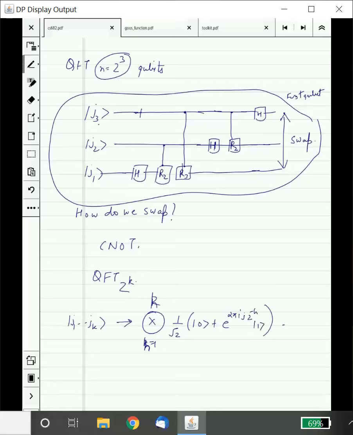And each of these states we can obtain in this manner. This will allow us to perform QFT. We have seen a circuit for QFT for k equal to 3. You can generalize it and end with a swap operation. That shows how to do QFT on